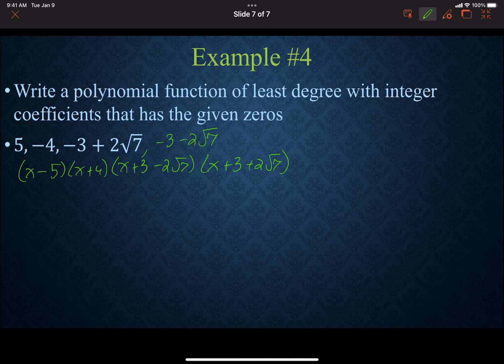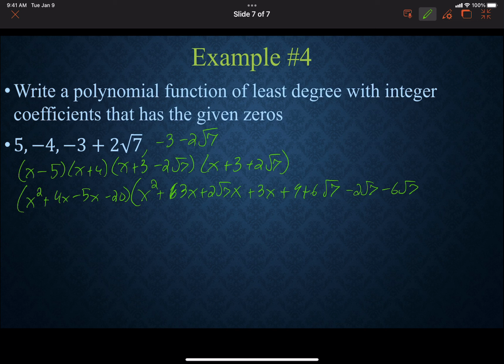We go ahead and FOIL the x minus 5 and x plus 4 together. And then we go ahead and FOIL the radical expression together, where again, the radicals are going to cancel out in the end. If they don't, something went wrong somewhere. And we'll get x squared plus 3x plus 2 root 7x for doing x times all of that on the right, plus 3x plus 9 plus 6 root 7 for the 3 times everything on the right, negative 2 root 7x, negative 6 root 7, and then lastly, doing that negative 2 root 7 times a positive 2 root 7,